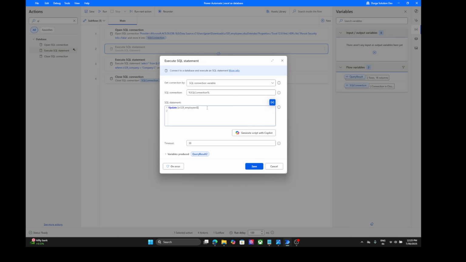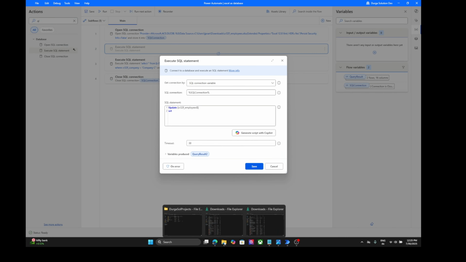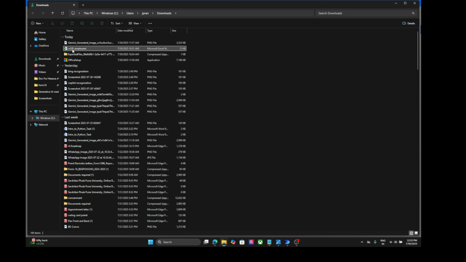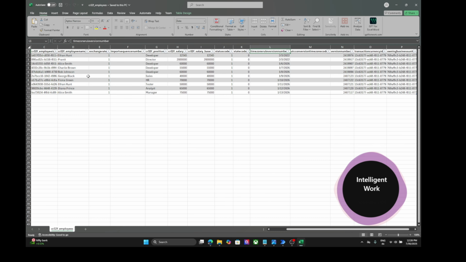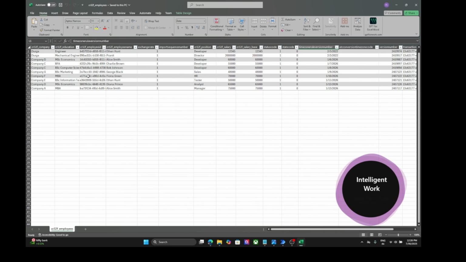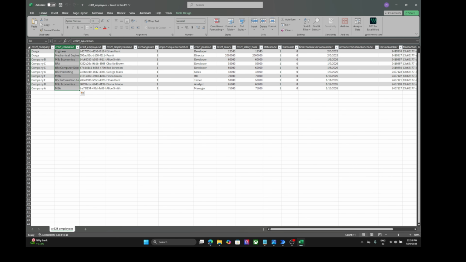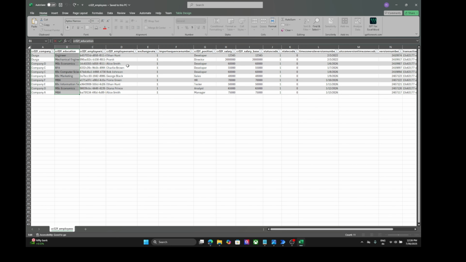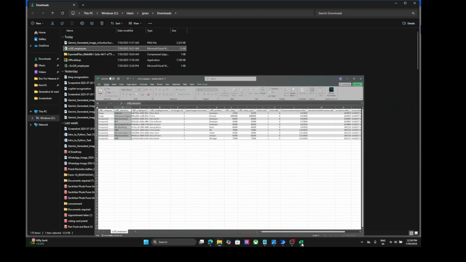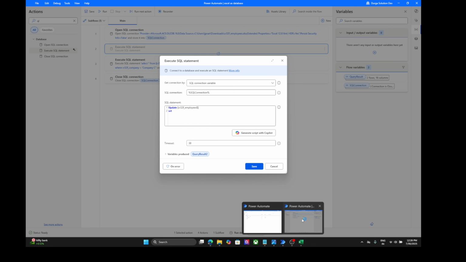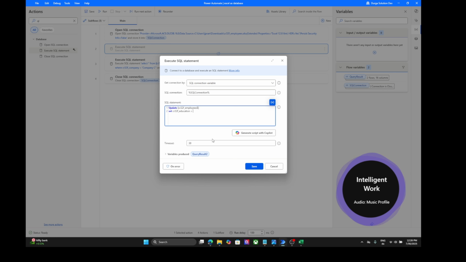Now, what I need to update is set the name of the column. Let's just check the name of the column from the file. What I need to update for company C is education. So I will select the education column and say this column should be updated with, let us say, engineer,